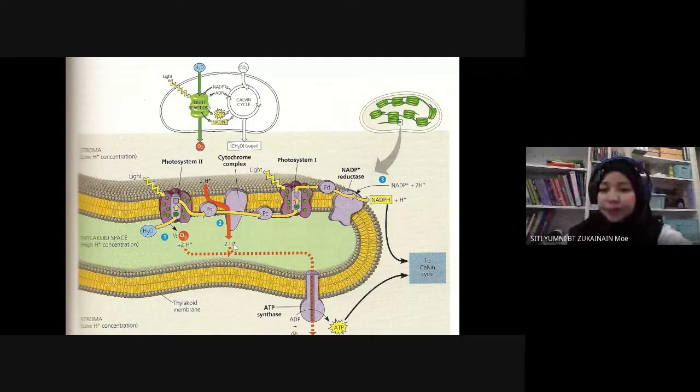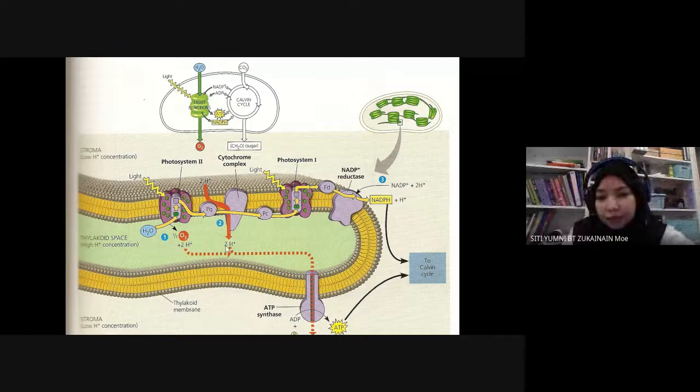The thylakoid space stores energy as a proton motive force